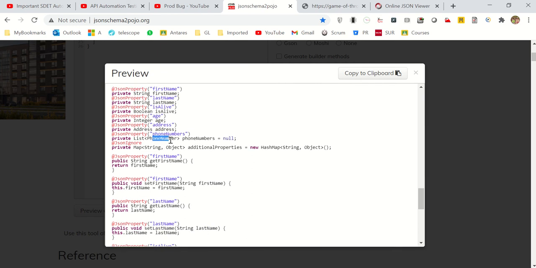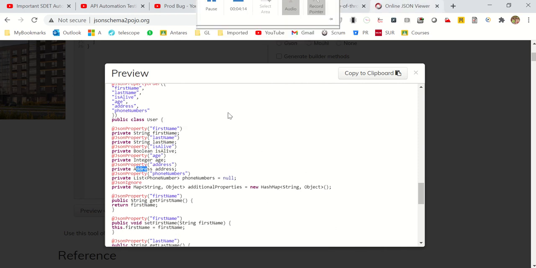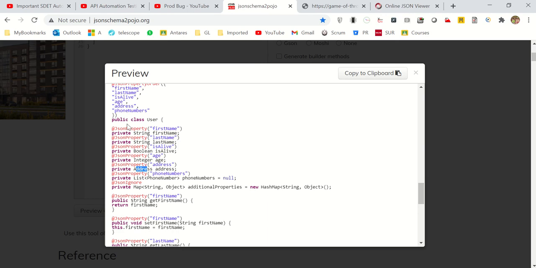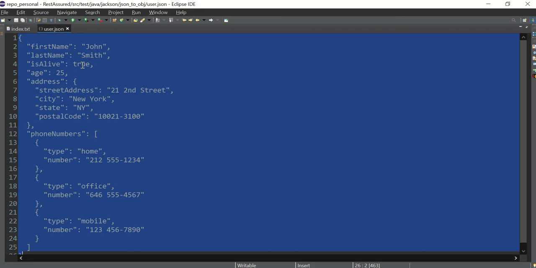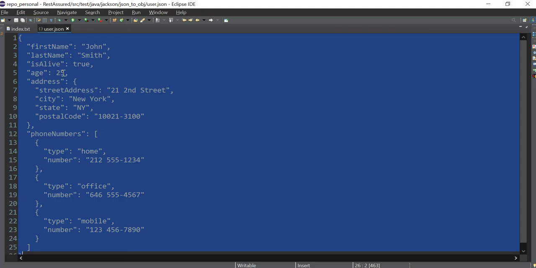This is again a class, and address is another class. Just try to understand. I will show you the JSON first. Now compare. This is the JSON, right? And there is the first class: first name, last name, is alive, age. These are normal strings, right? Two are normal strings: first name is a string, last name is a string. Boolean isAlive was automatically converted because its value is true, so they understand it's a Boolean value, and they have automatically created a Boolean. Now age is an integer, they know that it's a number, so it has to be an integer, right?